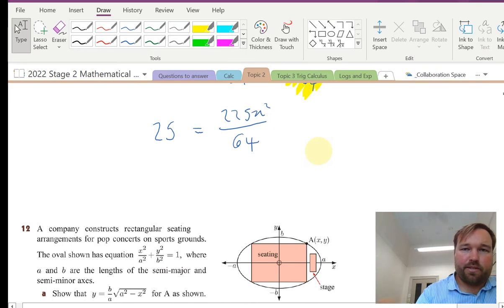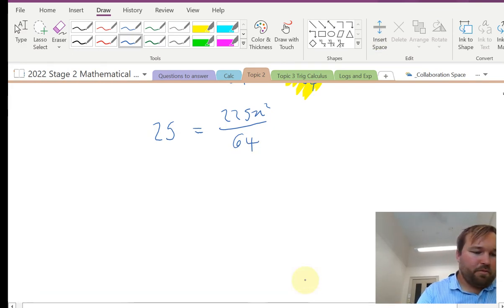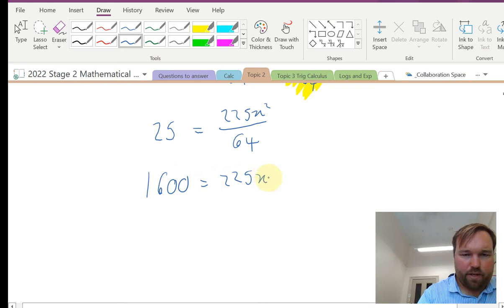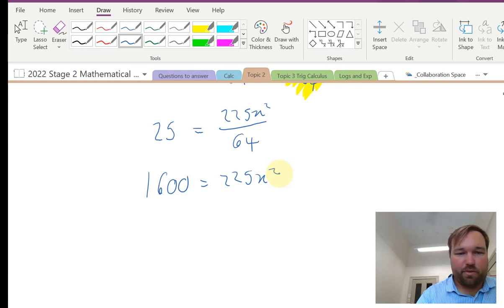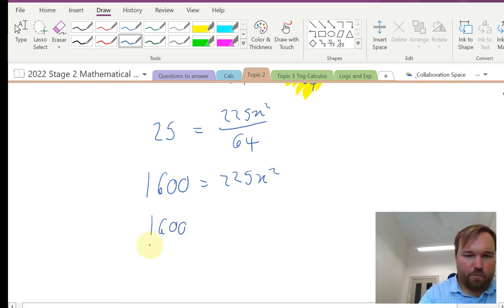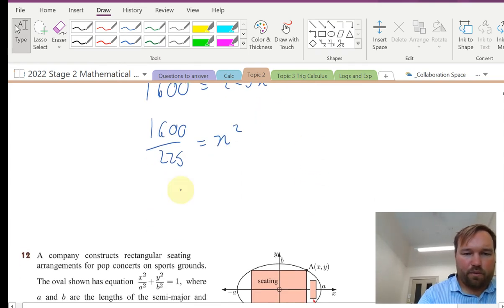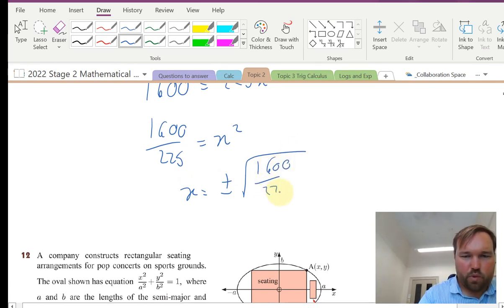I would multiply both sides by 64. So 64 times 25 is 1,600 equals 225x squared. Divide that by 225. 1,600 divided by 225. Oh, that doesn't work out so nicely. So 1,600 over 225 equals x squared. Therefore, x equals plus or minus the square root of 1,600 over 225, which equals the square root of 1,600 is